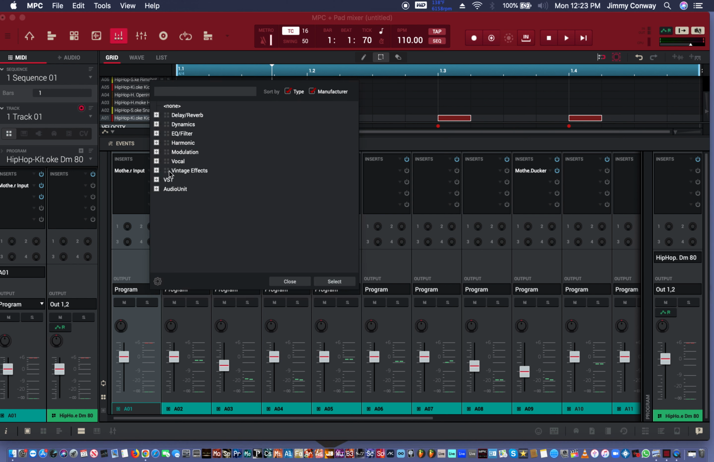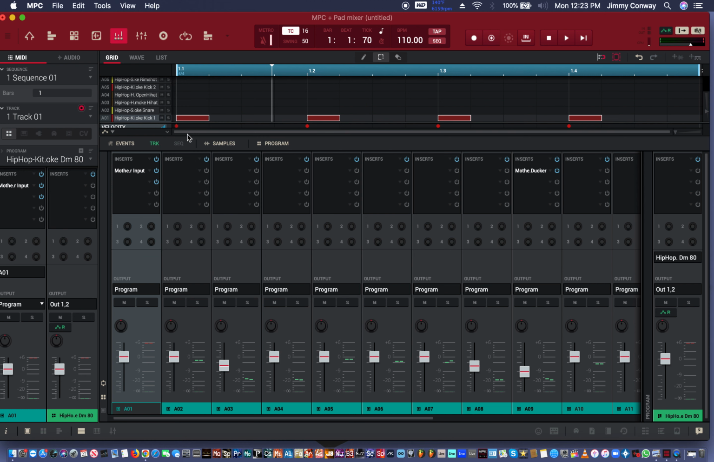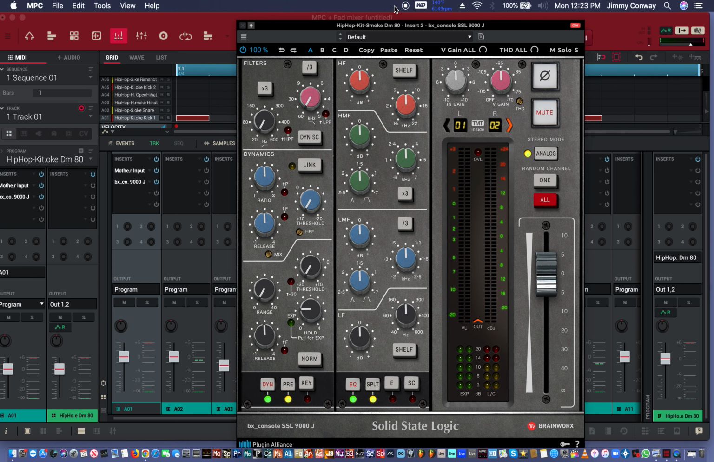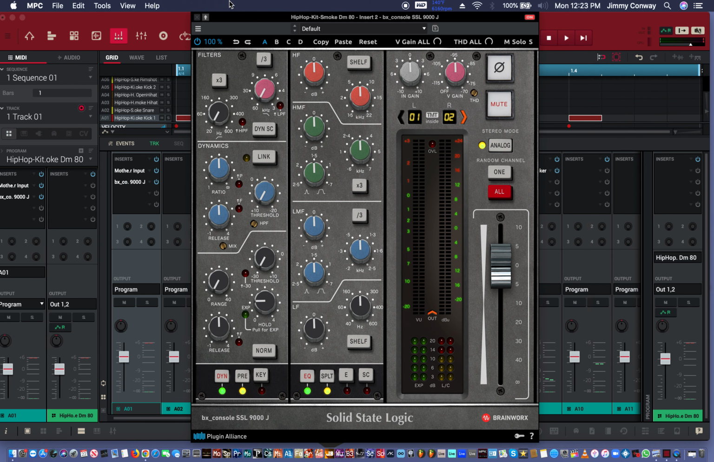Now, this is an emulation. Let me just type in 9000, make it simple. BST. This is made by a company called Brainworks, and this is what it looks like. Okay. No, can't go no bigger than that. Cool. All right, so this plugin, you get a